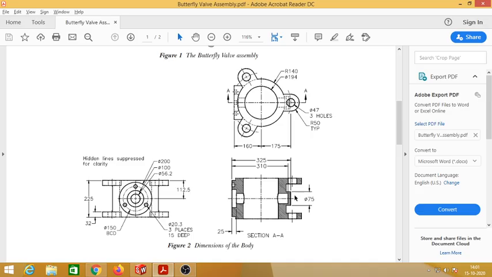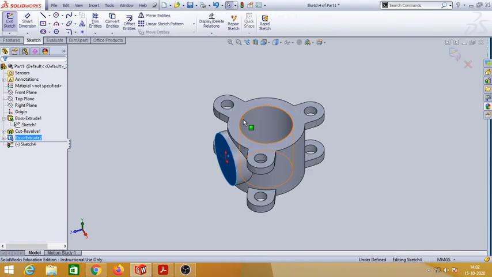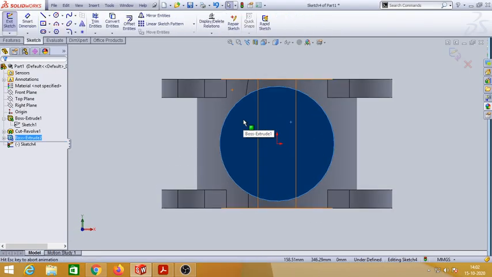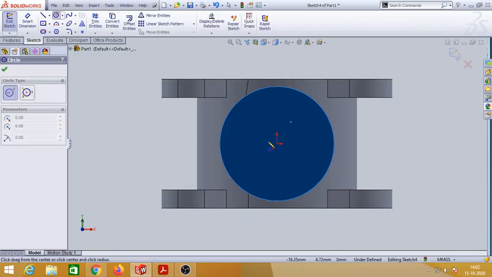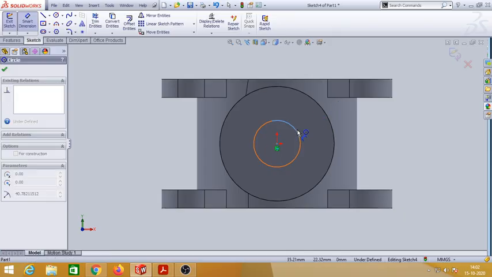Next, this tail part here, we have to model this also. So how will we do that? Its diameter is 75 and it is at a distance of 325 from this face, that is from this face. So I will sketch on this face right now. Make this normal. I will draw a circle of diameter 75